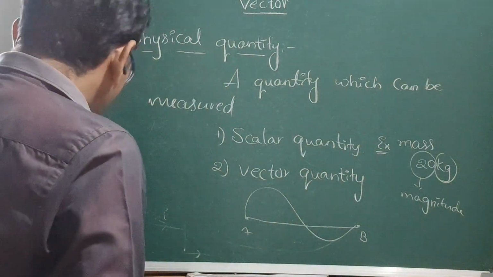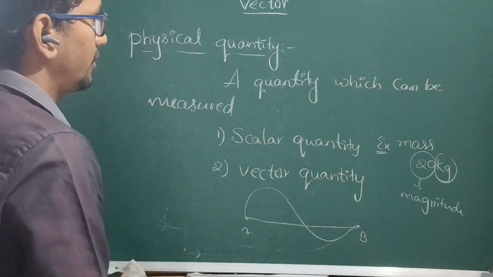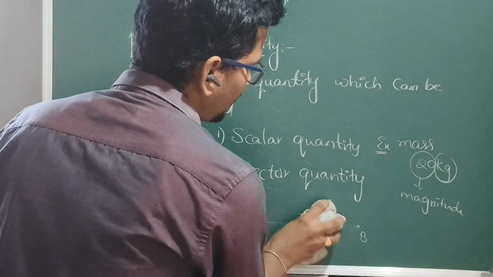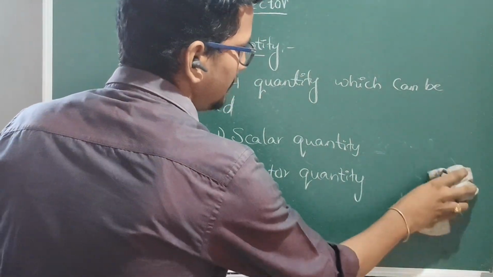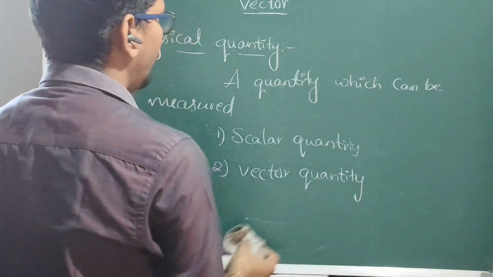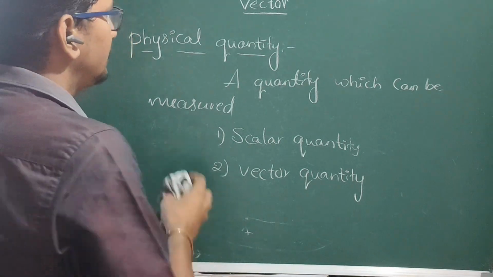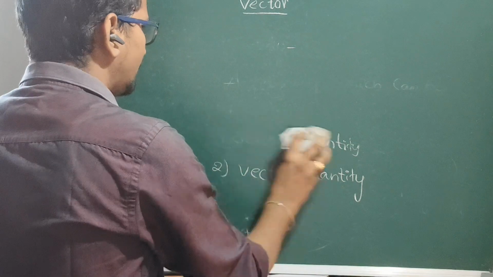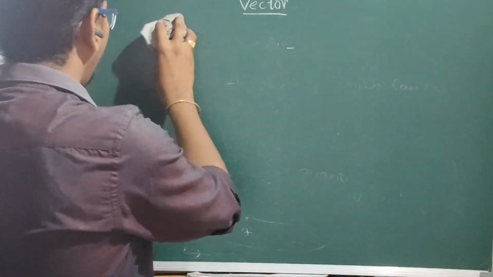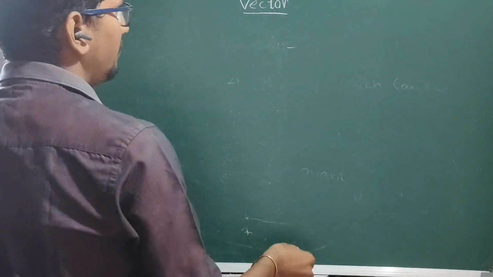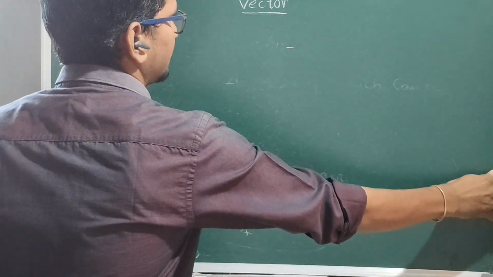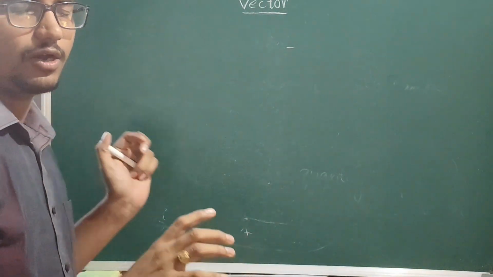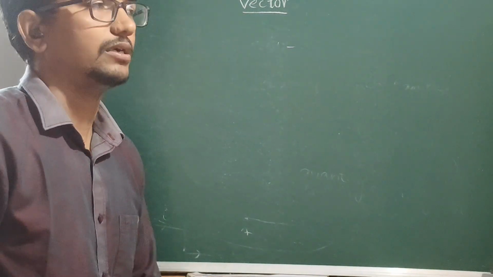Okay, the next one is vector quantity. That is a very important chapter, our chapter on vectors. What does a vector mean? Having both magnitude and direction is called a vector. In previous classes you studied only scalar and vector simply: if a body has both magnitude and direction, it is called a vector. But actually, in this chapter, it is not only both magnitude and direction, but it must also obey